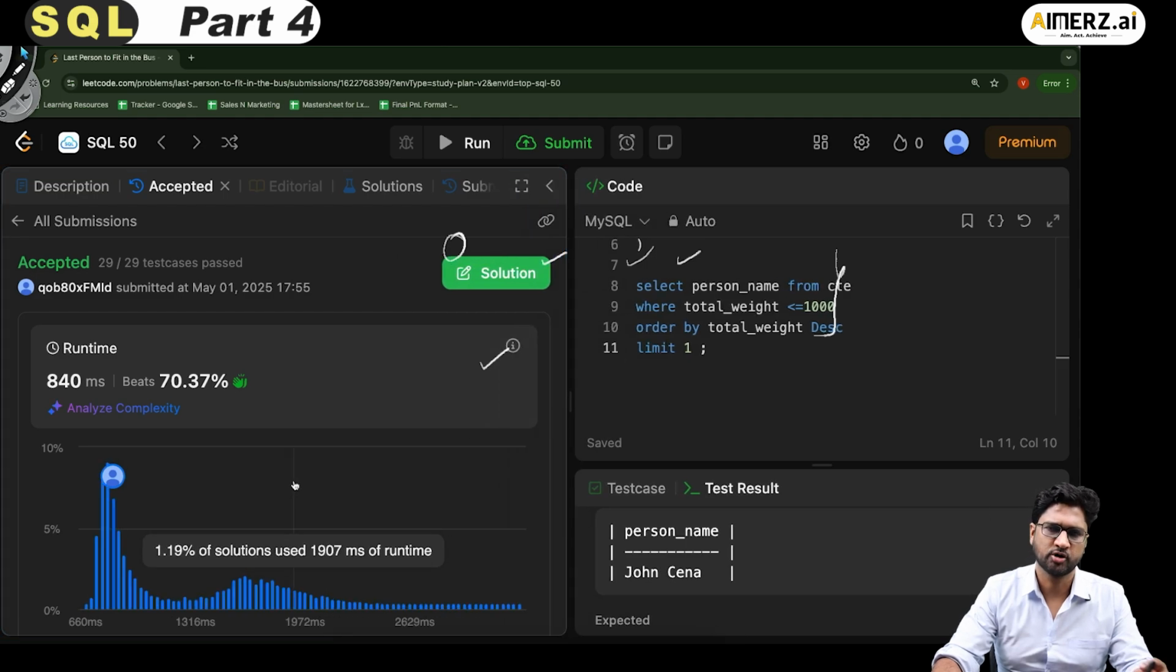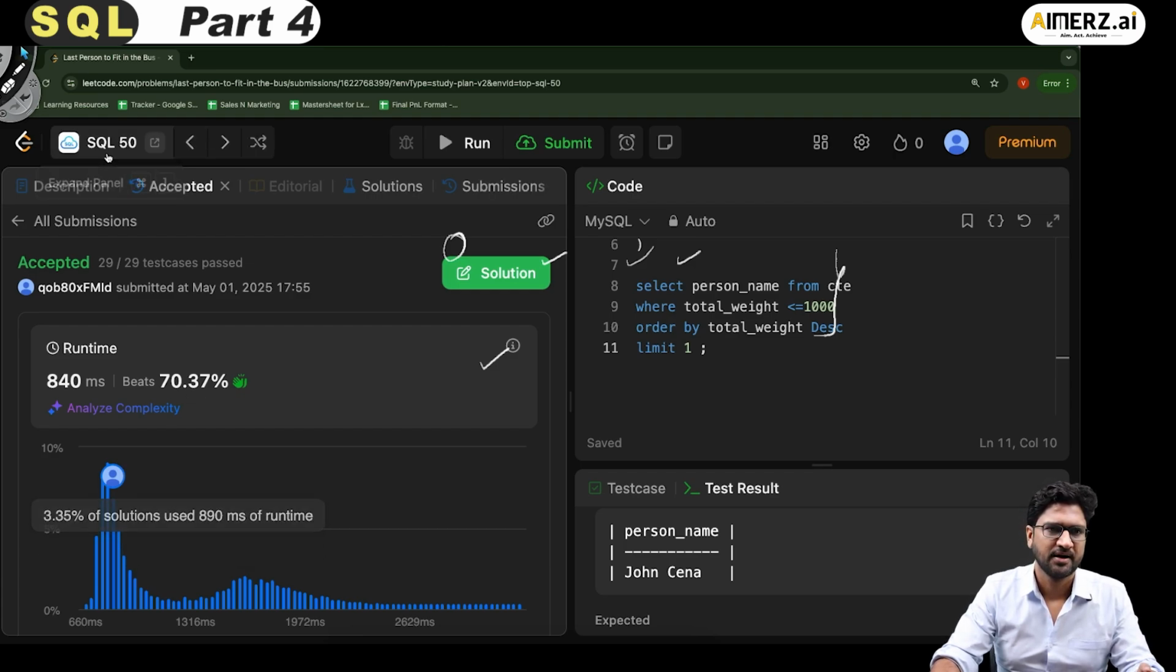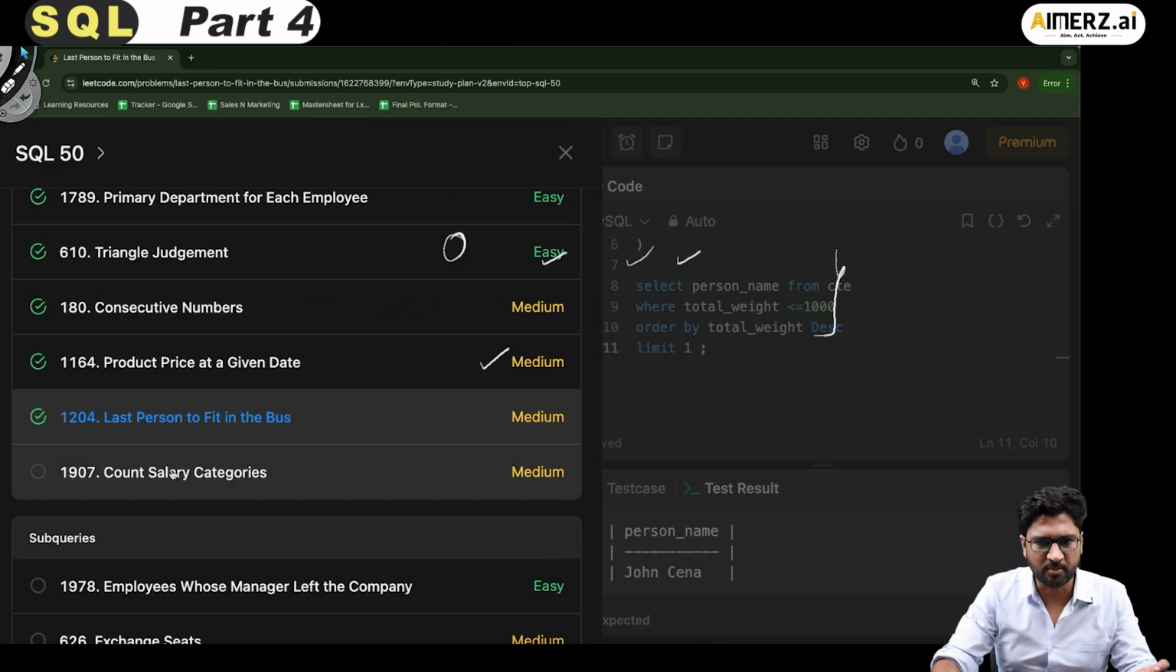And perfect, my solution has been accepted. It has passed all the test cases and it has beaten 70.37% of the people who have written the code here. Let me go back and solve the last problem of this category, which is count salary